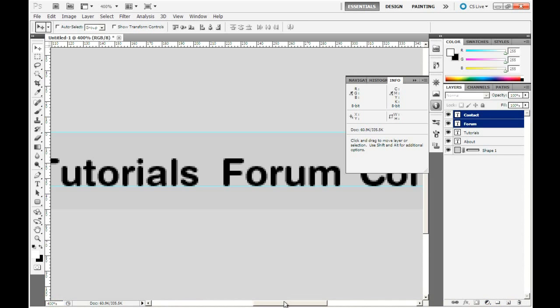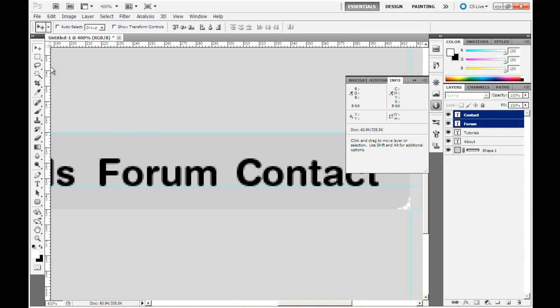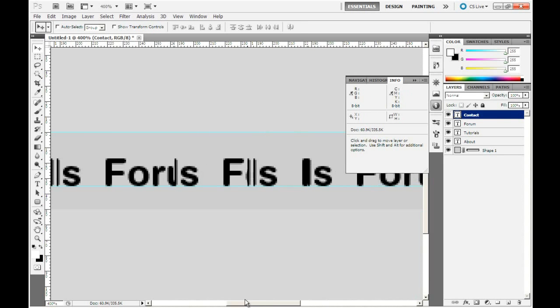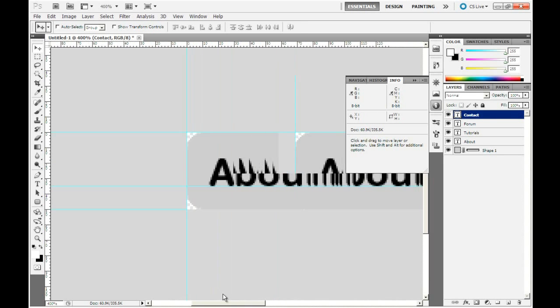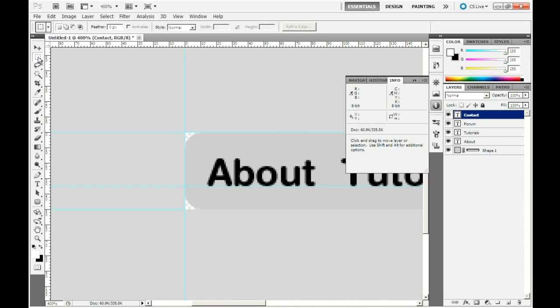Now to do contact, same thing as before, we're just going to find the difference. We see the difference is 13. So we want to expand in this case. We're going to press Control and click forum, so it deselects, and we're going to move over 3 spaces. 1, 2, 3. Now that we have the spacing right between each individual word,